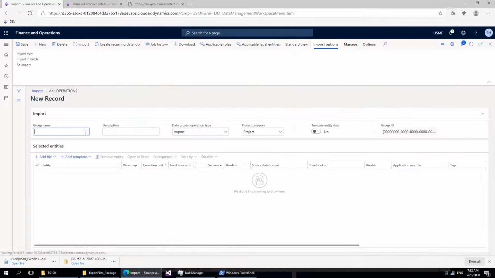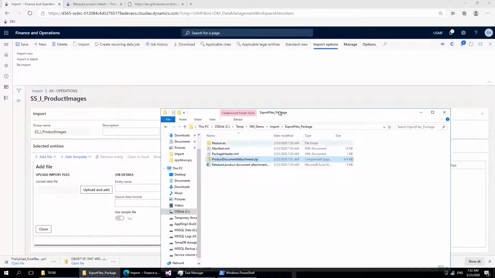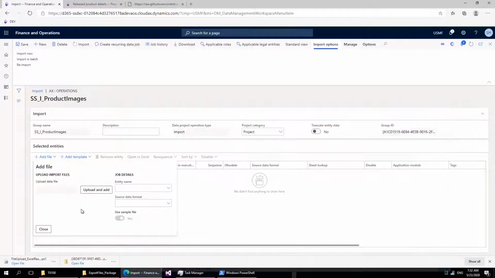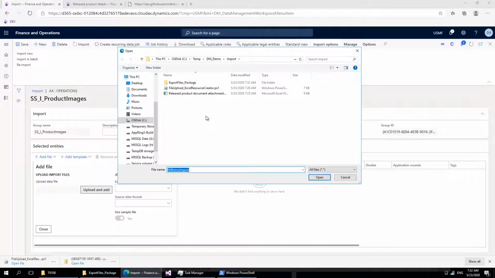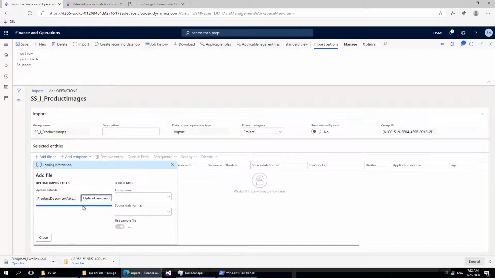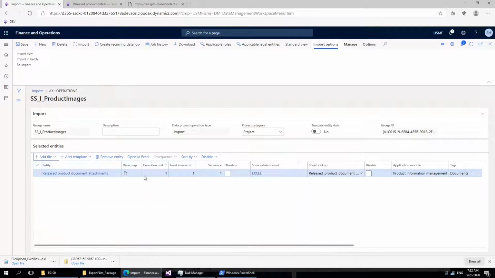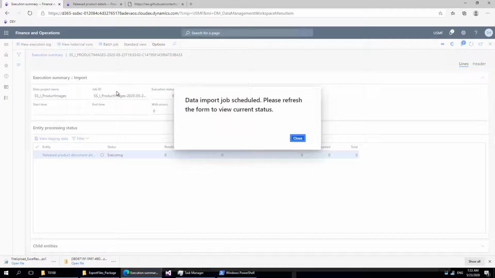Okay, so let's come up over here. Let's create an import project, and let's give it a name, product images. Let's go with the file path. Now over here we don't need to define the entity name or the source data format, because we will be importing the zip file, which is a package, and the manifest and the package header both have the definition of the entity that we are using. It will import all the entity definitions, and it will also have the files inside it. So let's go ahead and import this file,